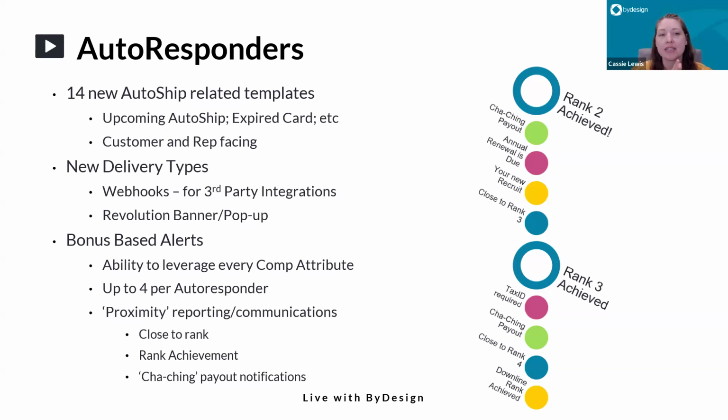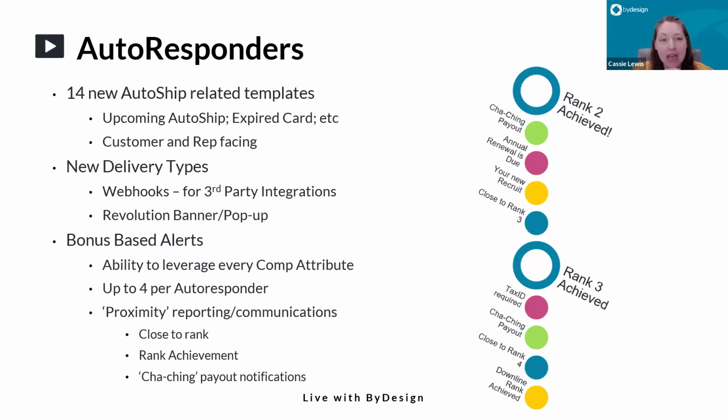But essentially what this webhook is going to do is take whatever was going to be in that autoresponder to the rep, and instead of sending it via email, we send the payload to a third party so that they can deliver it. So they're going to be able to deliver it to an app, on Facebook Messenger, on WeChat, all of the different platforms that we're not able to send to, you can actually leverage that third party and the power of their delivery methods, but using our data as the